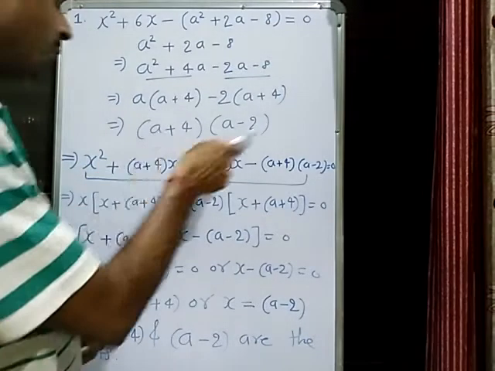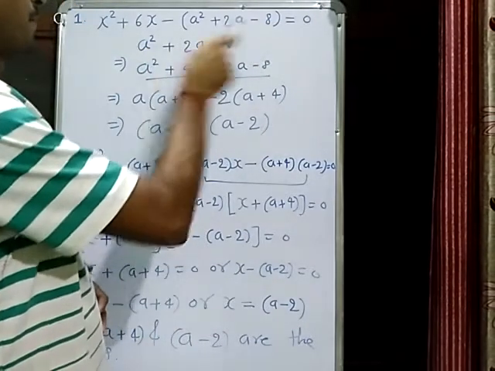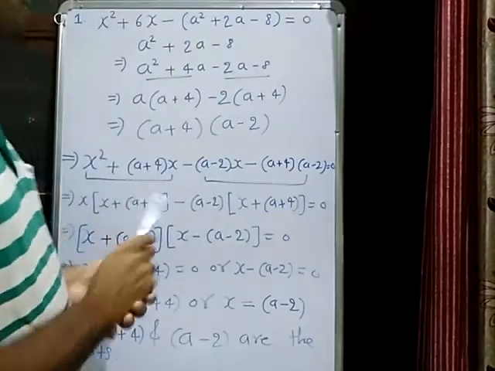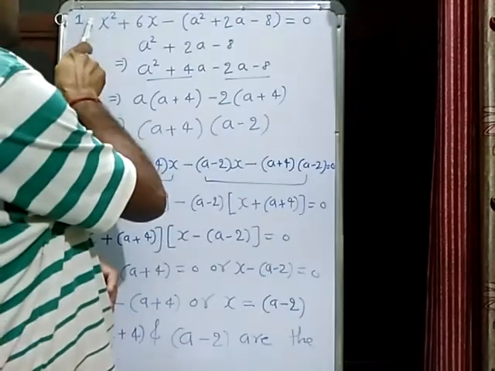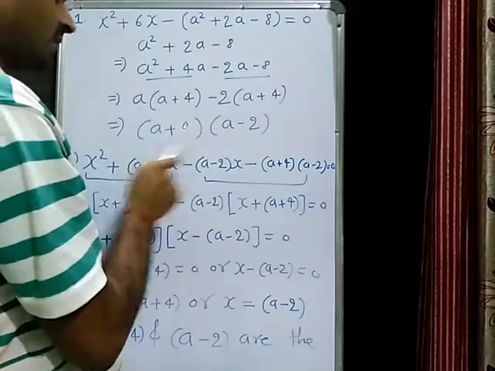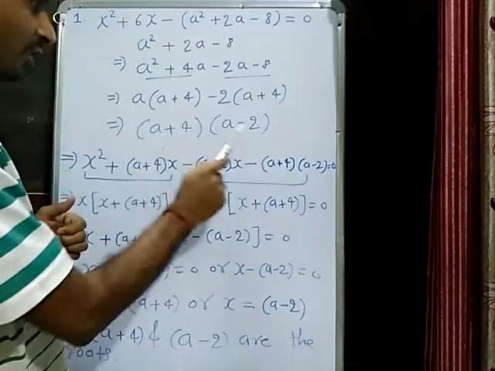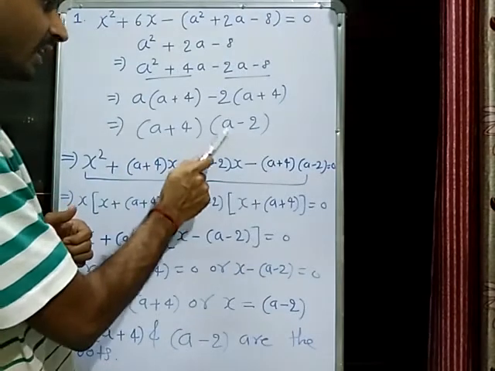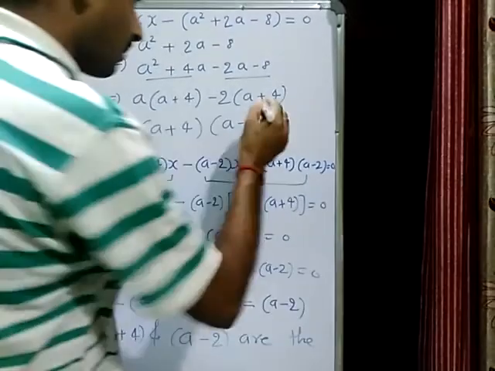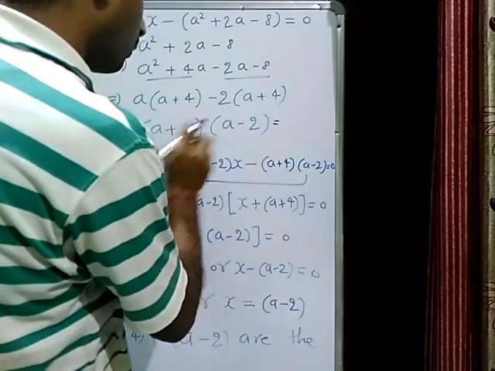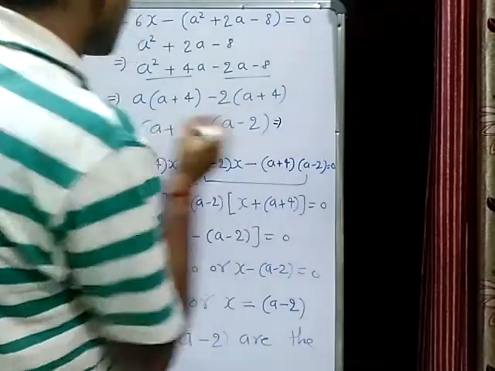Now look at its difference. Here this sign is given minus, which means we need to take two factors of this, and there is 1, so 1 into this you will get this part only. Its difference must be equal to 6. जरा इसका डिफरेंस फाइंड आउट करके देखो. a plus 4 minus a minus 2 you will get 6. देखो अगर यहाँ माइनस करते हैं a कैंसिल 4 plus 2 you will get 6. तो ये 6 मिलने वाला है.